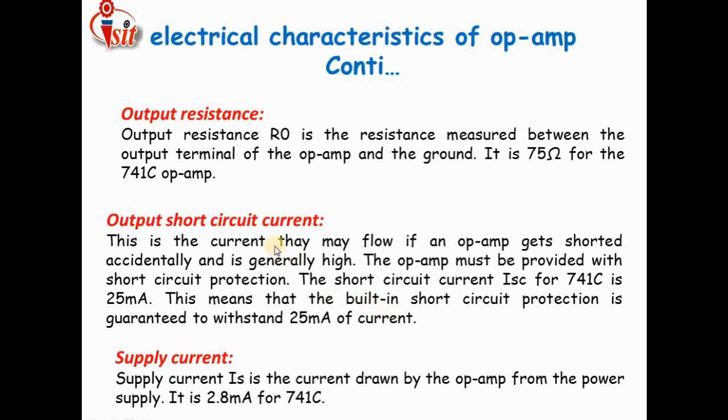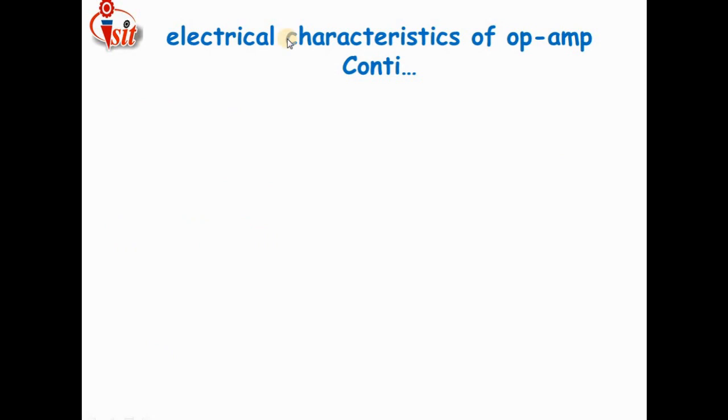Just see one thing: I am always telling you about 741C because we are always using the 741 IC for op-amp performance and op-amp characteristics in our study of the analog circuits subject. For that purpose, here we are dealing with only 741C. Keeping that in mind, we know all the things related to 741C, the ideal and the standard values of all electrical characteristics, as I am saying here.